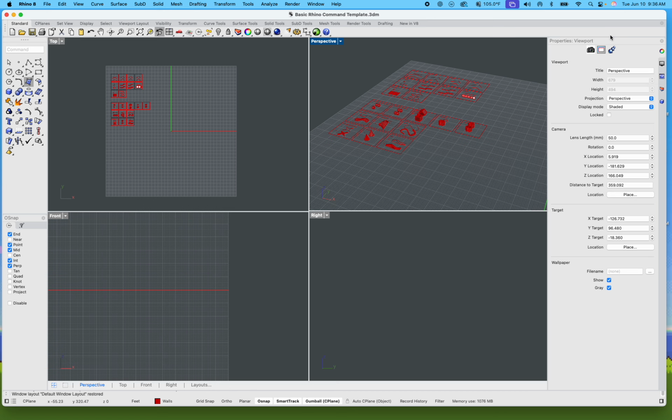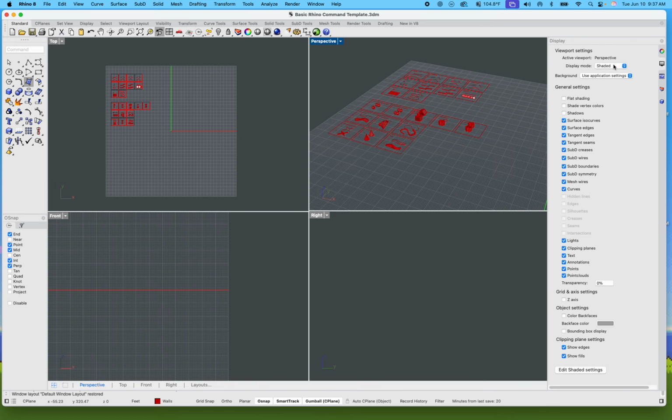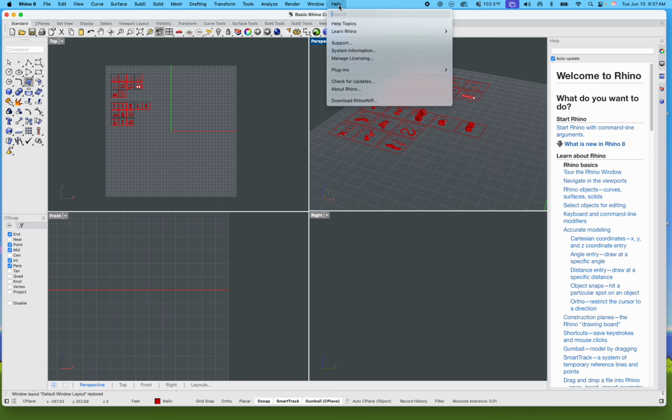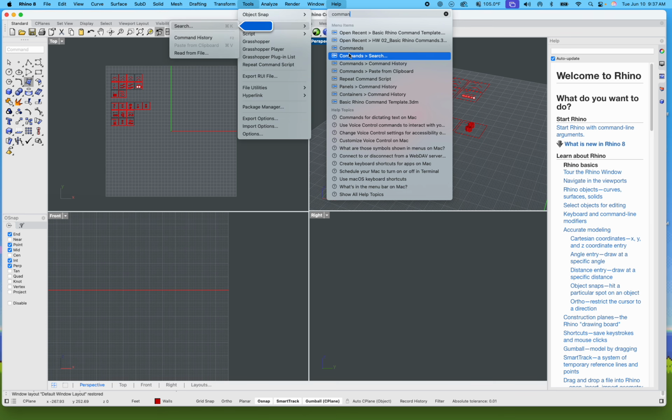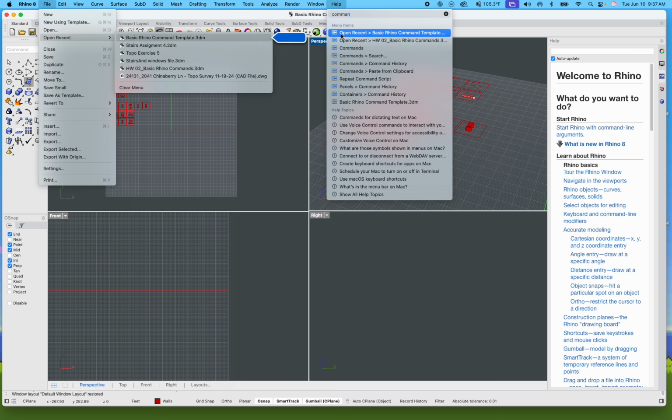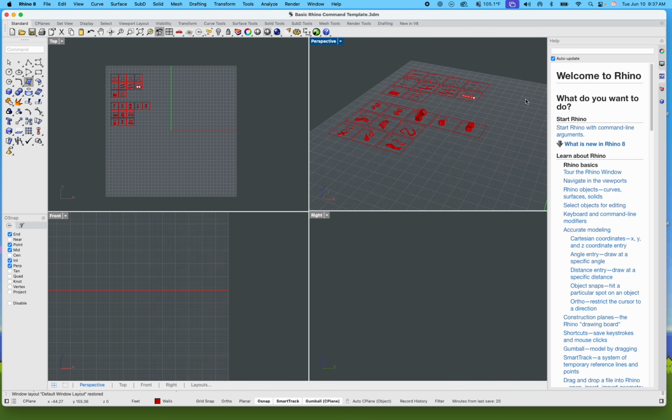However, just to keep continuing, we do have our properties viewport, which is what this is called, but you'll notice that it actually has different abilities, right? It has a display tab, it's got a help tab, which on the Mac side is really useful. I have no idea why Windows really stinks at helping you. It's just always been that way since literally 1998. But what's nice about the Mac is, if you type something like, I don't know, command, right, and you go to something, it's actually going to tell you exactly where it is, which, to be fair, is why I like Mac a lot. It's kind of helpful. Anyway, so again, we have our help tab, but it is available on the Windows side,